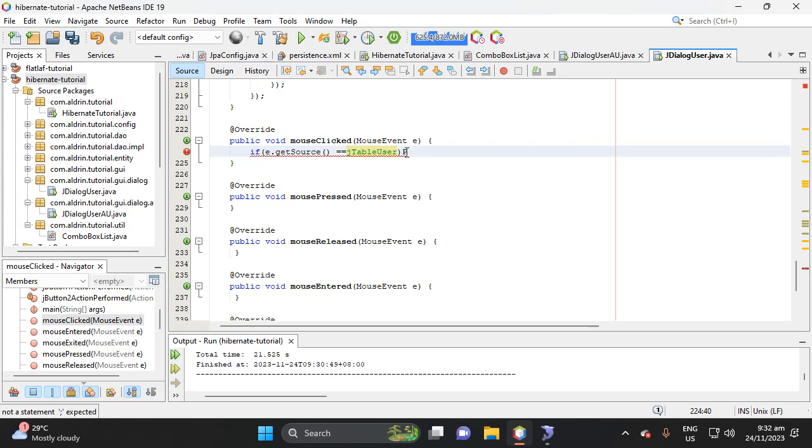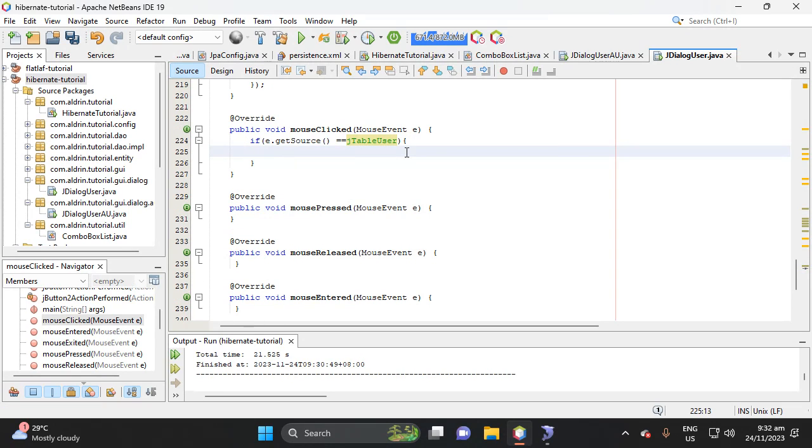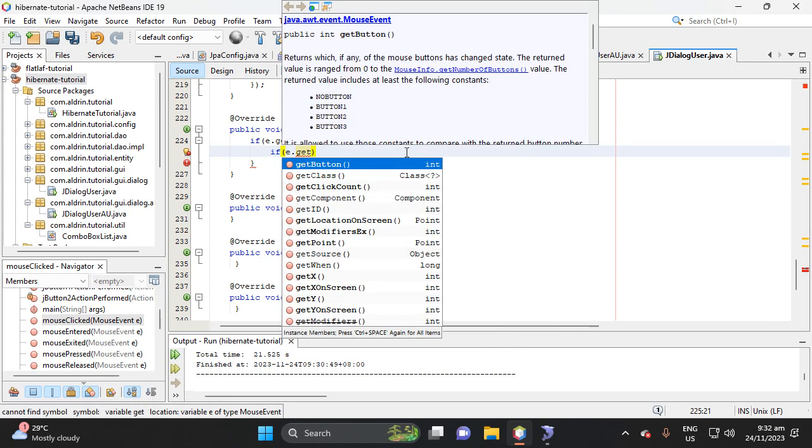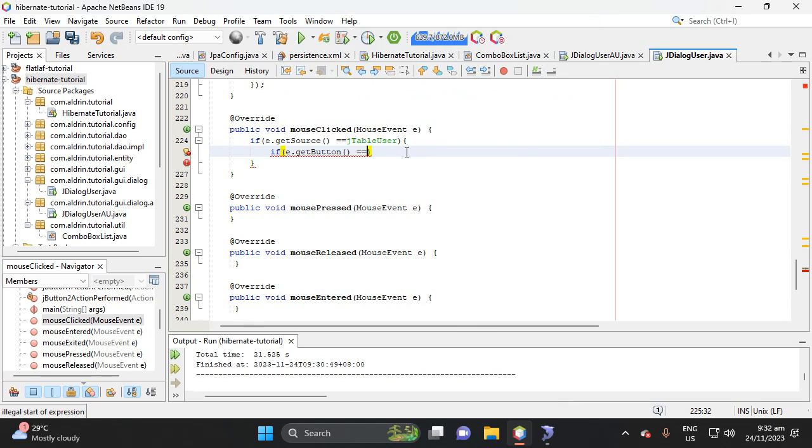Next we need to check which mouse button we use, button one or button two. So we are using button one, which is left click. So let's get button equal